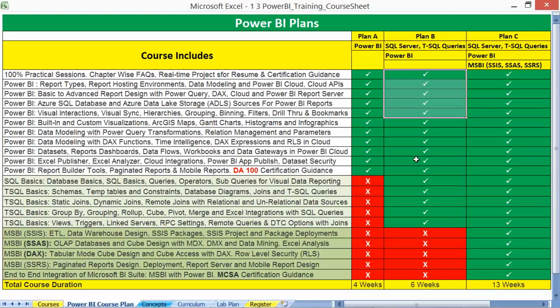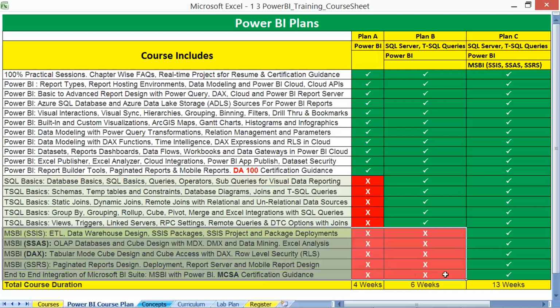Plan B: SQL plus Power BI, with SQL queries including remote joins, linked queries, group by, nested queries, subqueries, etc., as an optional training. Or the complete Microsoft BI stack, MSBI. So accordingly, your duration will vary, including the project work.